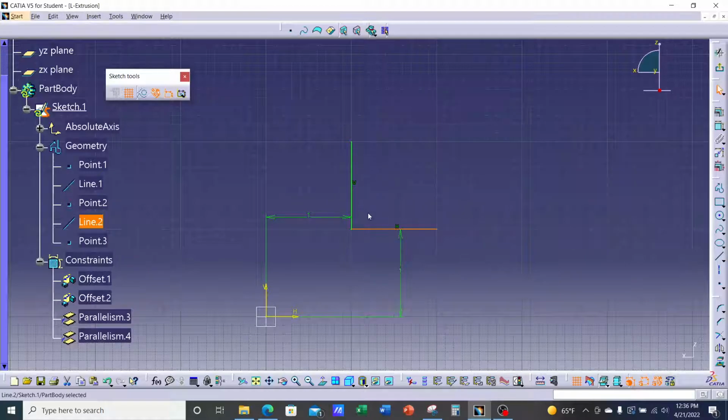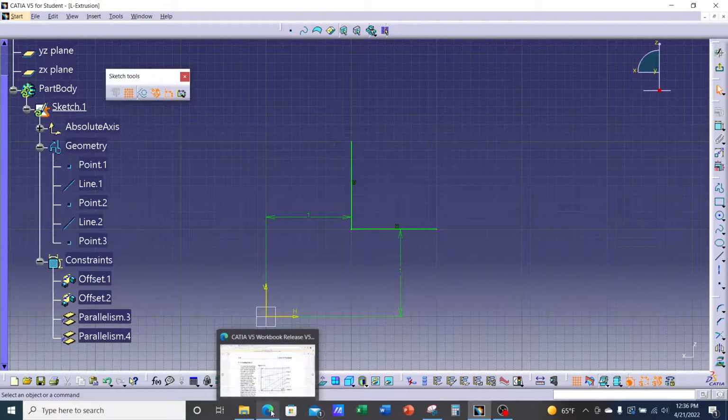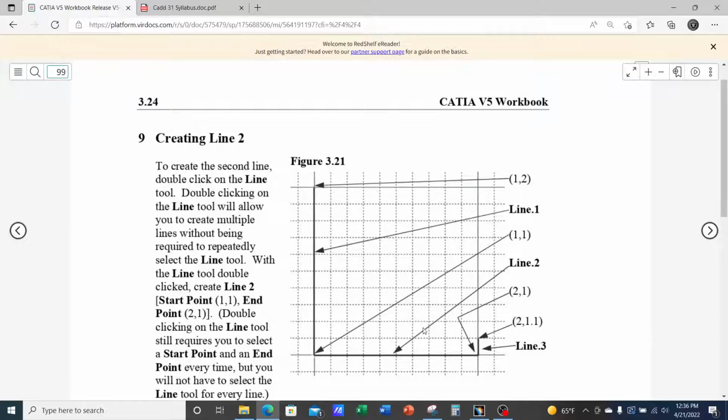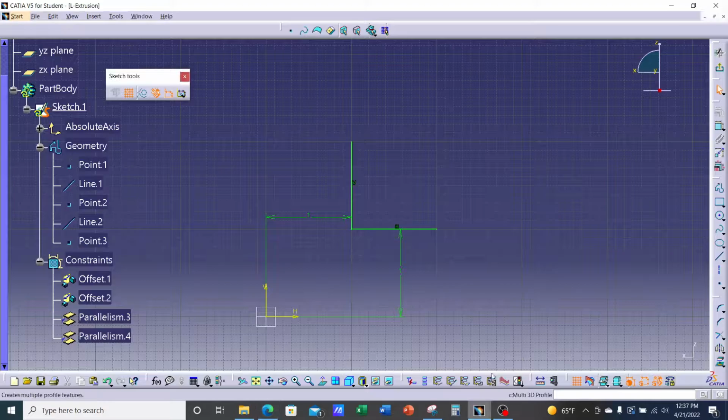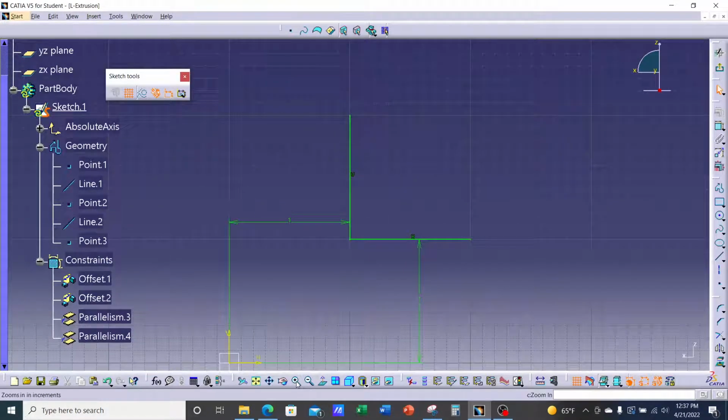Now we need to go ahead and give it some thickness. All right, so let me click out in space to deselect. Okay, so we got this done so far. So our goal is to create this L extrusion, so we need to create a closed profile. All right, so I want you to notice that this has a thickness of 0.1. Okay, so we're going to give this L extrusion a thickness of 0.1. All right, so let me zoom in a bit. All right, so using profile,